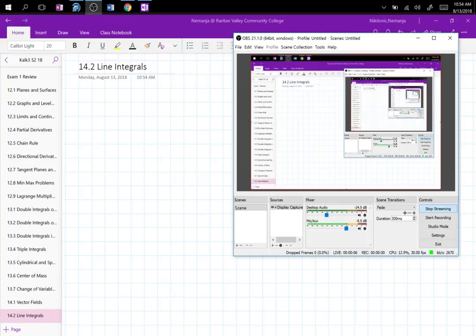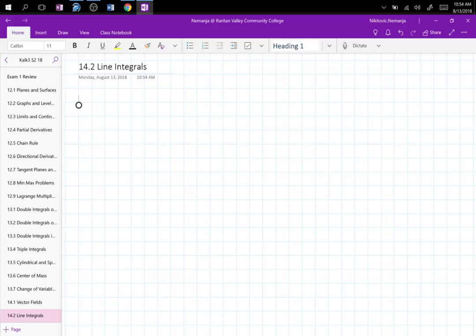Hello and welcome back to Calculus 3. We are continuing our exploration of chapter 14, and today we have line integrals. So what do line integrals compute? Well, they compute area. Now, the interesting thing is they are able to compute the area that is not a